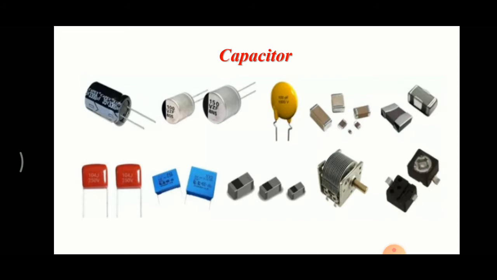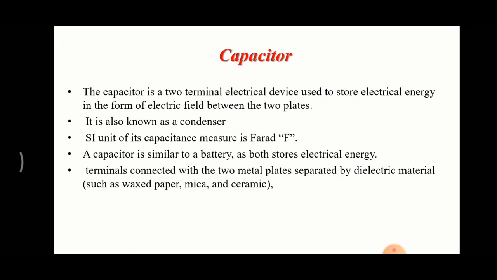These are available in various sizes and shapes. From this figure we can see that there are different types of capacitors, which are of different sizes and shapes. The basic function of a capacitor is to store electrical energy. It is a two terminal electrical device used to store electrical energy in the form of an electric field between the two plates. It is also called a condenser, and the SI unit of capacitance is the